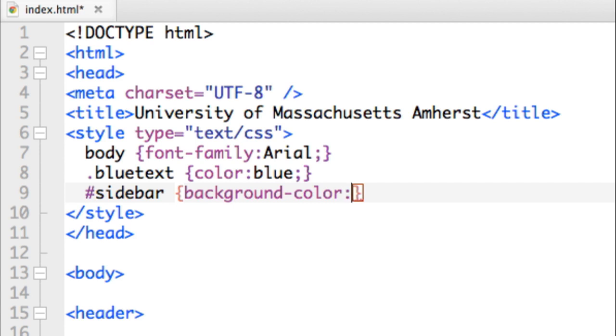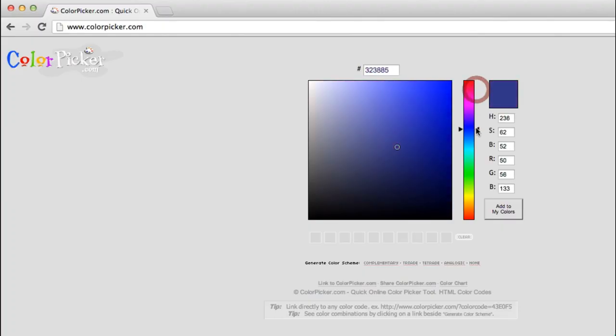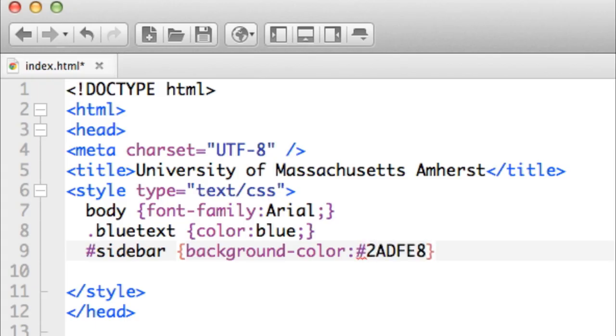In web design, you can write the primary colors out as words, but more commonly designers use hexadecimal color codes. It's a little bit confusing because those hexadecimal colors use a hashtag before the 6-digit value too. You can use colorpicker.com to find a color that you like. So go ahead and find that color, type it in as the property value, add your semicolon, close the bracket,